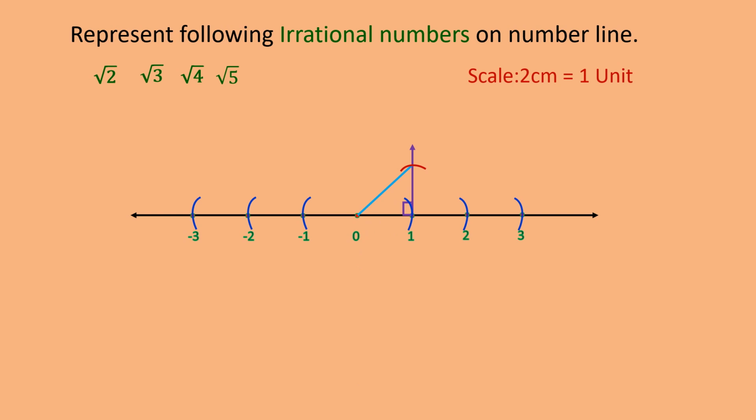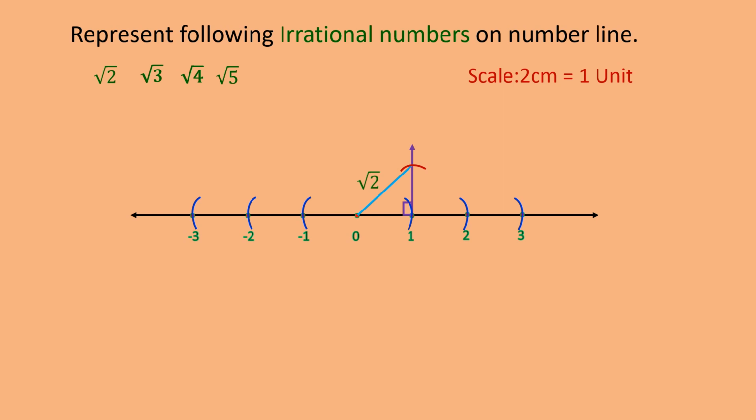Now you can see that a triangle is formed, and the light blue color shows you the hypotenuse. So when 1 unit is 0 to 1, and 1 unit is from 1 above the horizontal line, therefore the light blue line will become root 2. So the length of the hypotenuse is root 2, but it is above the line. That has to come onto the number line.